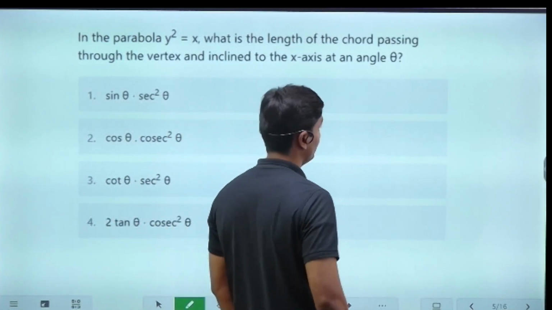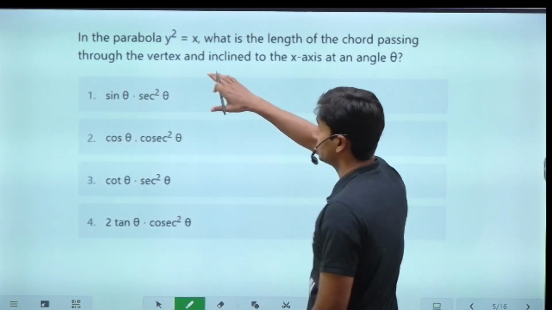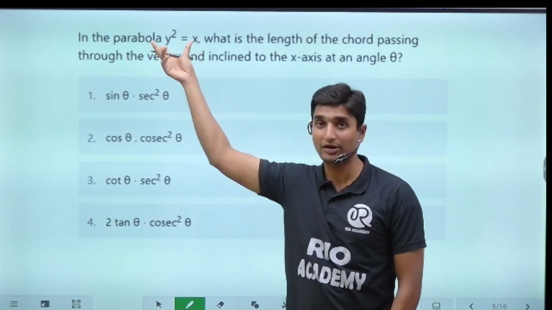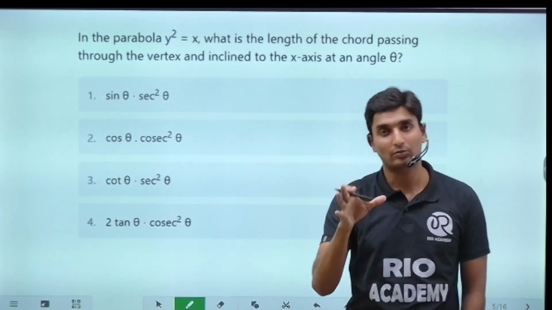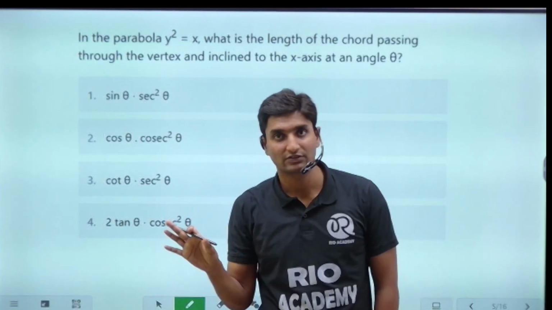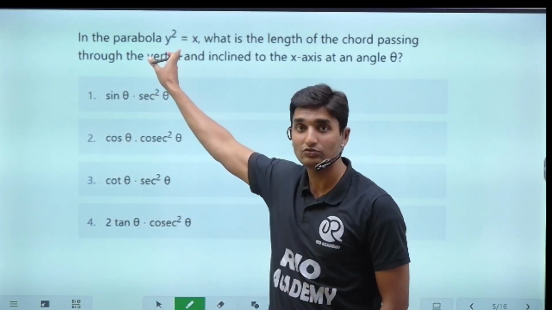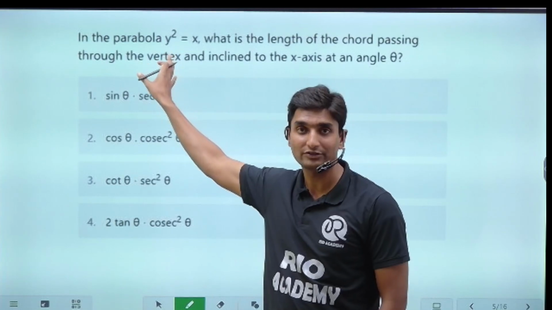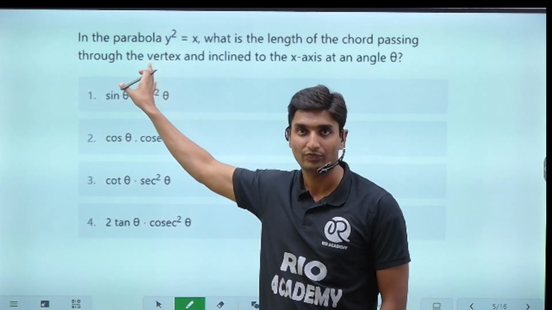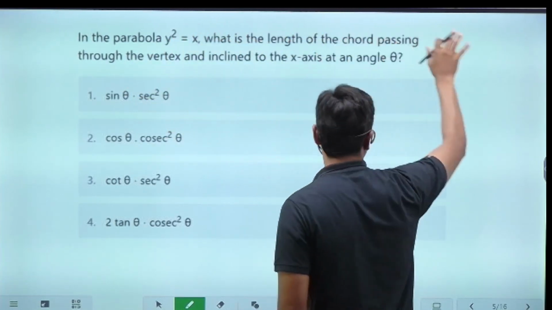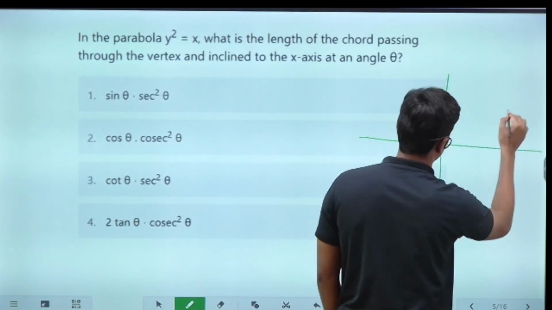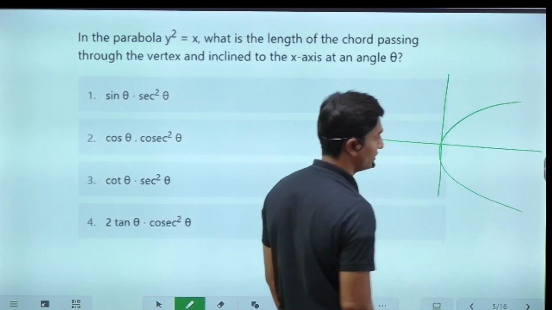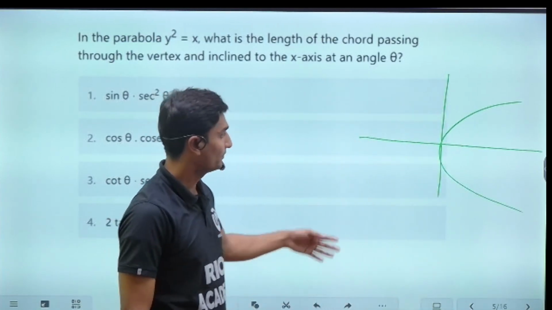All right. So basically, guys, in this question, he has given us that the parabola equation is y square is equal to x, which means what? Our parabola lies along the positive x-axis, correct? The format is y square is equal to 4a into x, and the value of a is 1 upon 4. On this basis, we can say the parabola lies along the positive x-axis. I'll take this to be our parabola just on a rough basis.